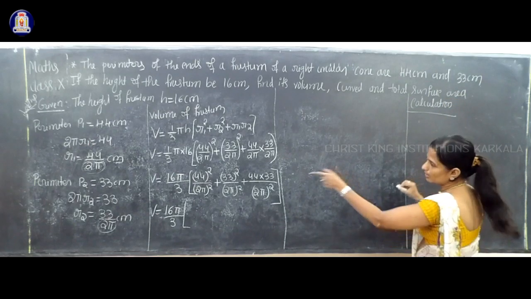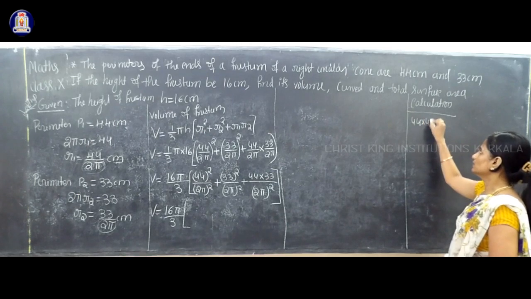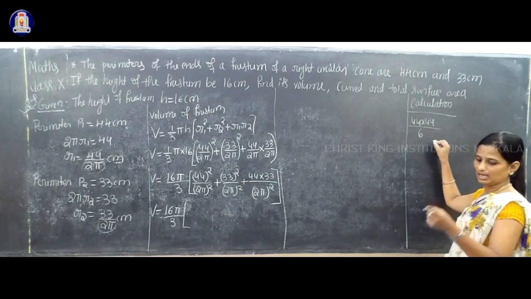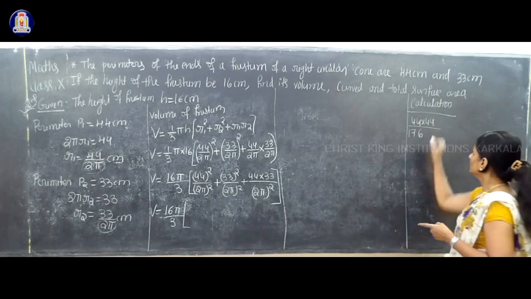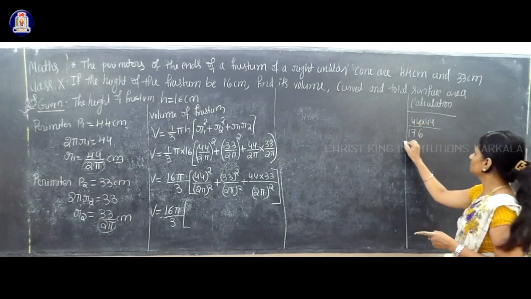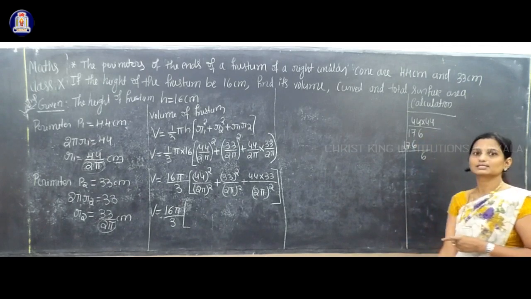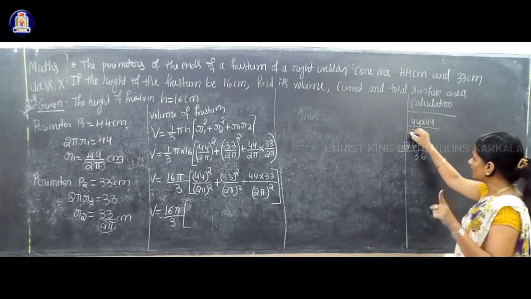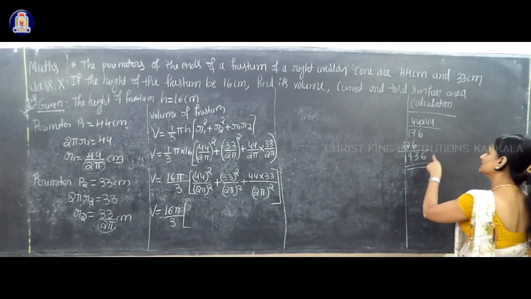Calculation. So now I need 44 square. So 44 square means 44 into 44. 4 fours are 16, 1 carry. 4 fours are 16 plus 1, 17. Next 4 fours are 16, 1 carry. 4 fours are 16 plus 1, 17. It is 6. 7 plus 6 is 13. 1 carry made up. 7 plus 1, 8. 8 plus 1 is 9. And it is 1. So it is 1936.